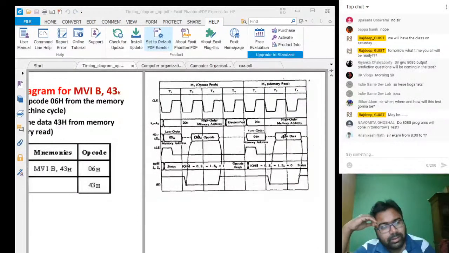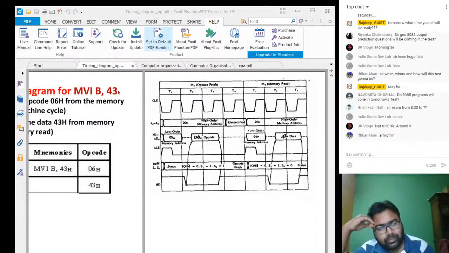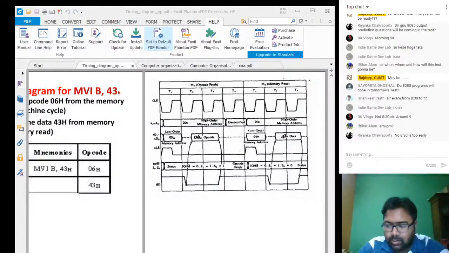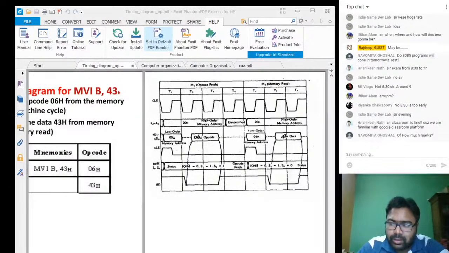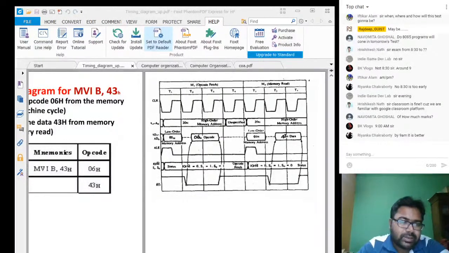So the test will be for 15 minutes only. The test will be in the morning only, because some of your friends have called me and asked to carry the test in the morning. The reason is that they do not have the internet facility at home and they have to move out. So at night it becomes a bit difficult for them to move. So they have asked me to carry the test in the morning. So the test will be in the morning session.